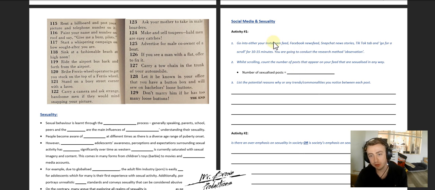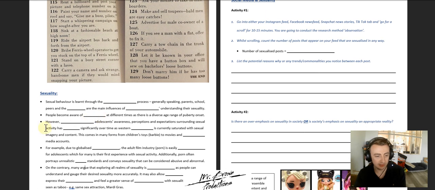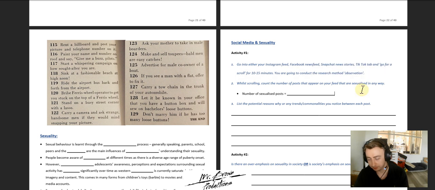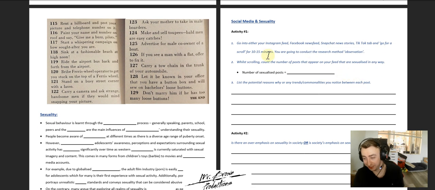What I want you to do, I've just realized something. I asked you to do something here about tallying your social media. This is what I want you to do anyway. So we're going to do it properly. An activity I want you to do with sexuality is to go to your Instagram feed, Facebook news feed, Snapchat news stories, TikTok, whatever it is. Go for what I call a scroll instead of a stroll. Go for a scroll for 10 to 15 minutes and conduct the research method of